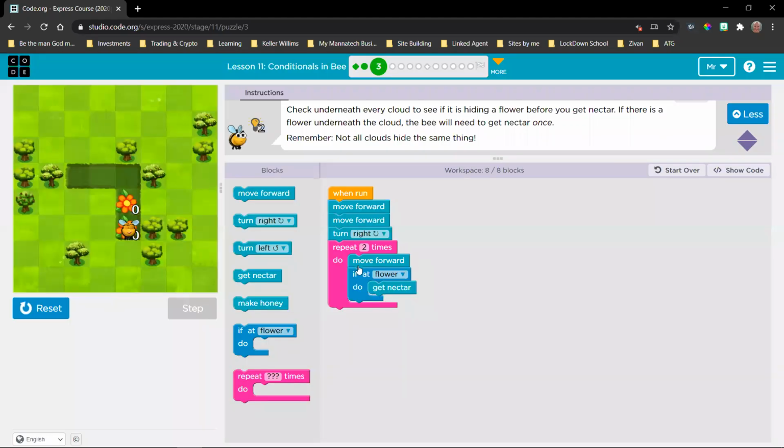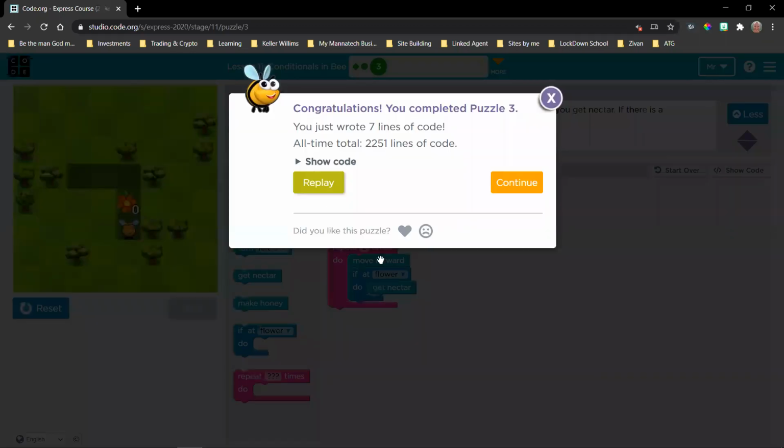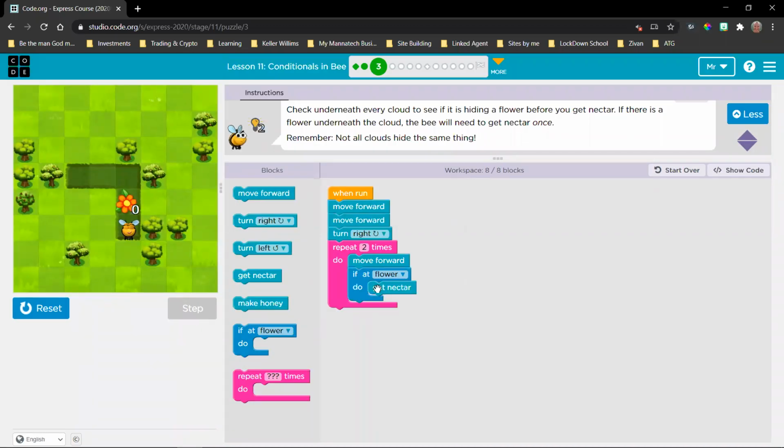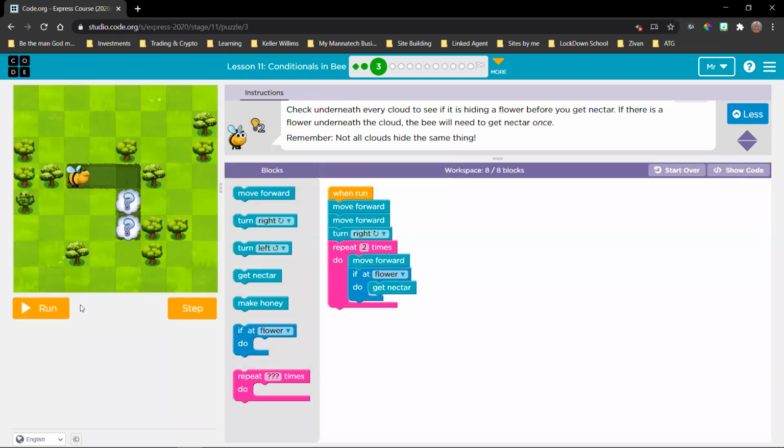Now, if you run it again, you'll see sometimes it changes. Now there's a flower, there isn't one. Okay, so that's why you can't just place a get nectar there. Because if we looked at the first one, it just seemed like, just say get nectar.